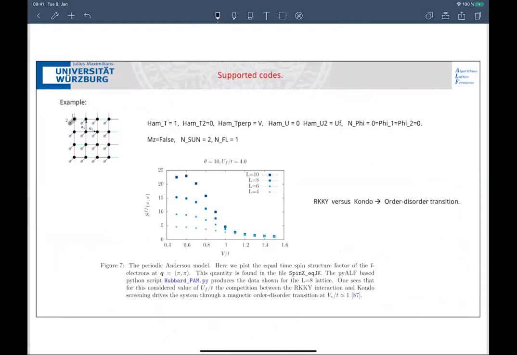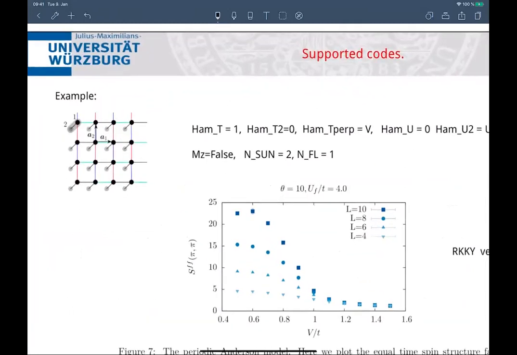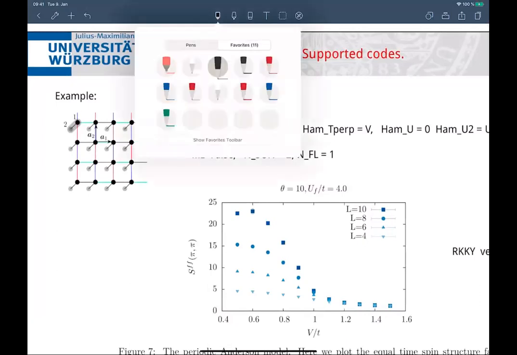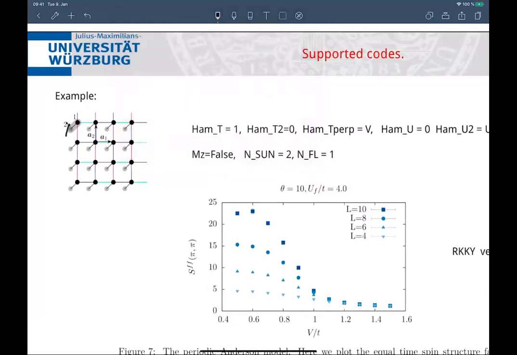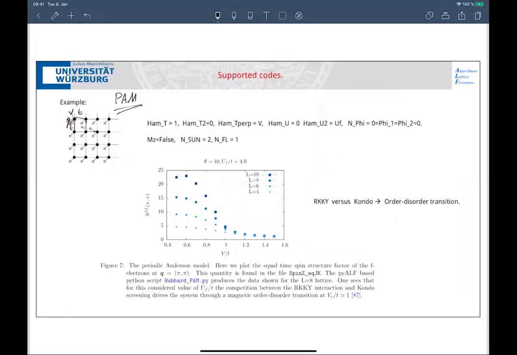Let's assume that we want to simulate heavy fermions, a periodic Anderson model. Maybe some of you know what it is. It's essentially a model where you have spins, which are here. There's no hopping between the spins. There's a hybridization V, and there's a term T here, right? That would be the periodic Anderson model. And this is one of the classics, right?